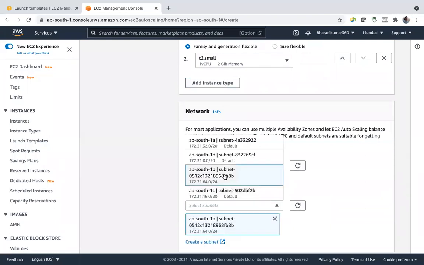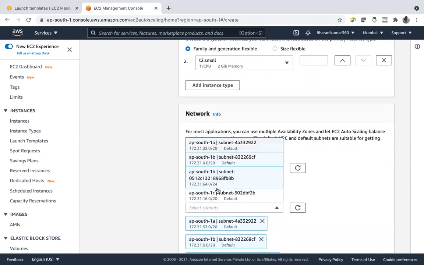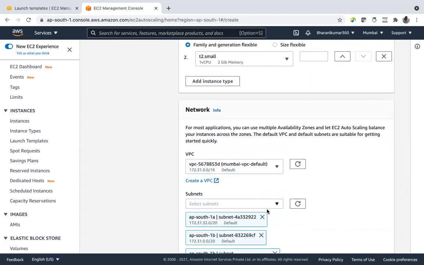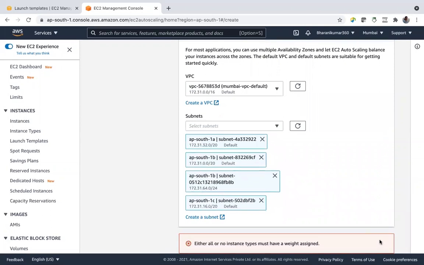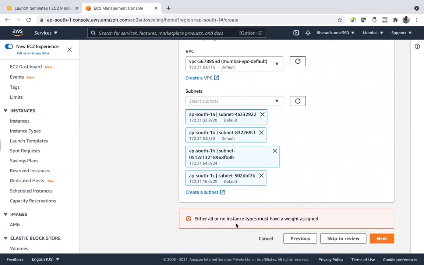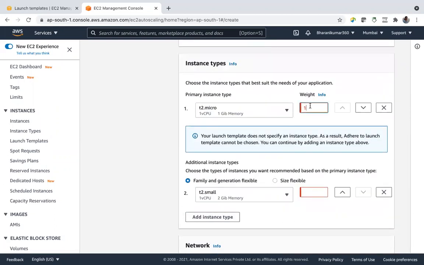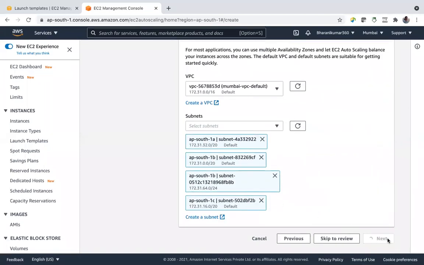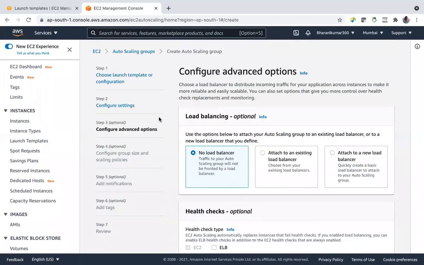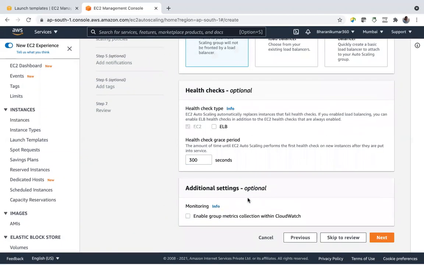Subnets, let us go for 1B. This one, and also I'm adding all of these. Next. So let us take this. Next. Okay. We will go with no load balancer, and this step is same